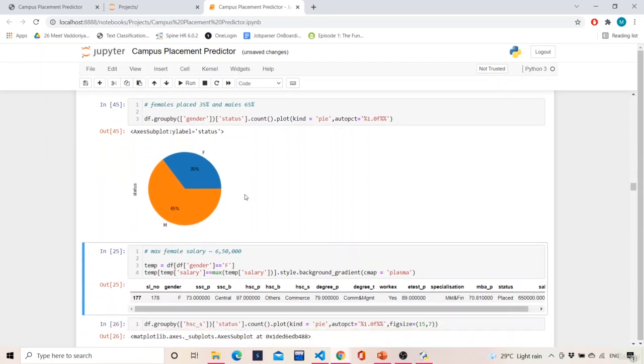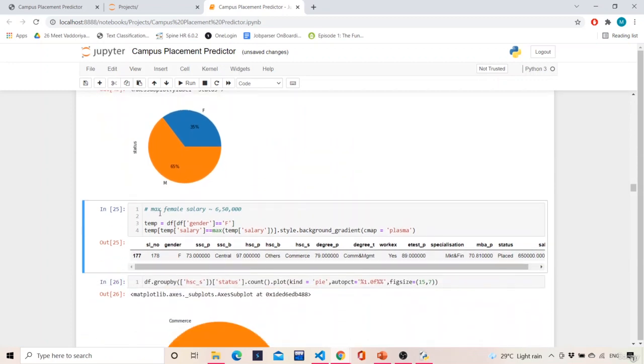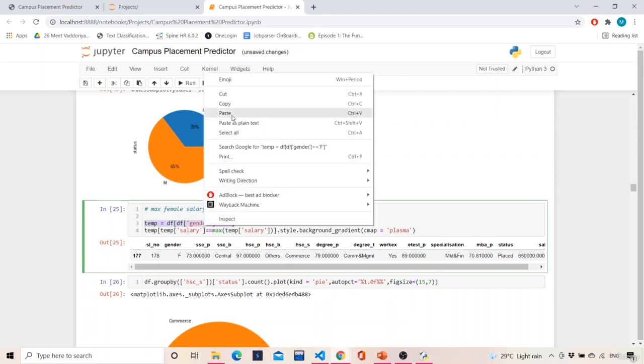So that was all about females. Now we will see what the maximum female salary was. So for the maximum female salary, first I need to filter where gender is equals to female. After I get that, then I have to find the max of that. So if I try to execute this separately,